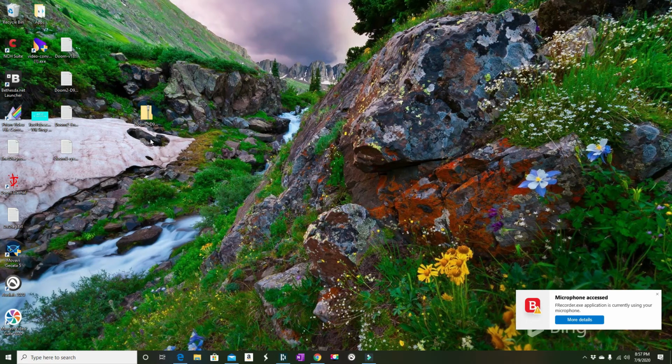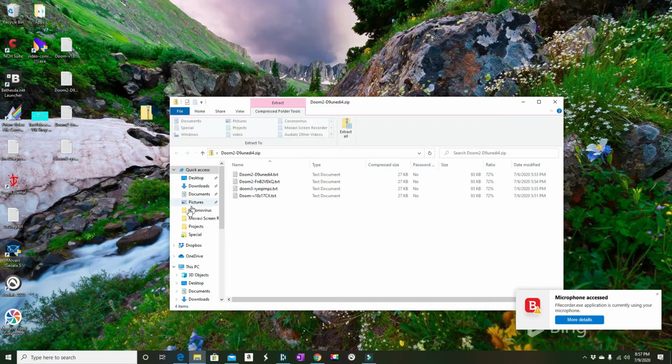Now if you want to unzip it, you highlight the zip file, double click, and here you see the 4 files. If you highlight them again, you can just say here, extract all,